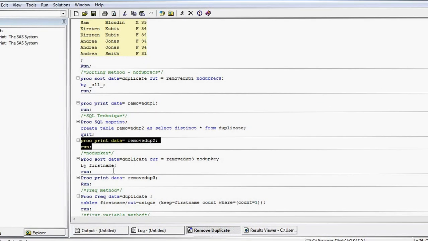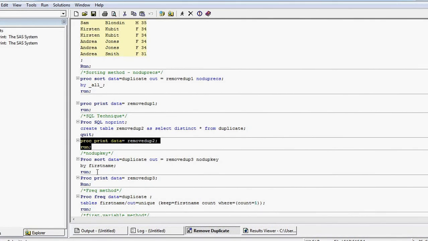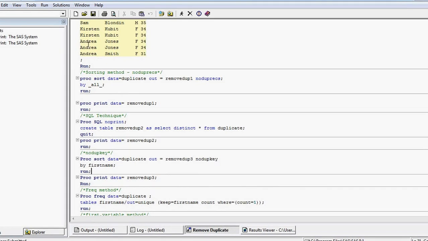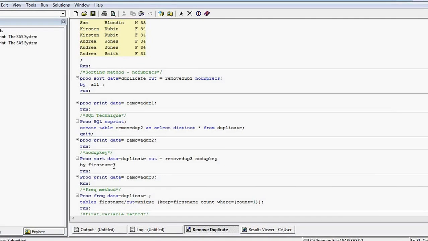Okay, now we go to the third technique, proc sort with the nodupkey keyword. I'm going to use that, because if I use this nodupkey, it will only see whether the first name, by which I'm sorting, is a duplicate, and if there is a duplicate in the first name, it's going to remove that observation.